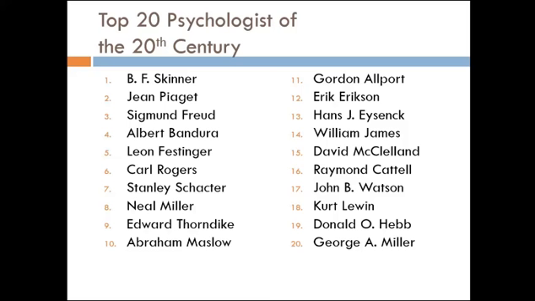And in fact, this list that you're seeing right here is the top 20 psychologists of the 20th century. This list was compiled by asking department chairs to name who they thought was the most famous or most important, most influential psychologist of the 20th century. It was also compiled by taking into account how many publications a psychologist had, how many times their publications were cited by other psychologists,